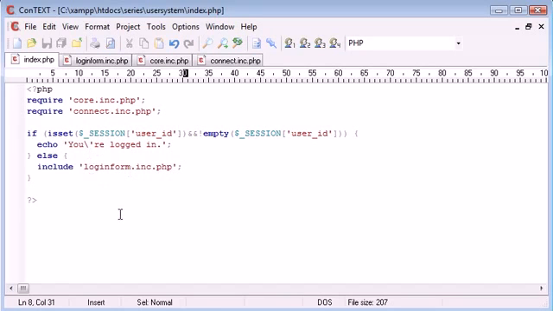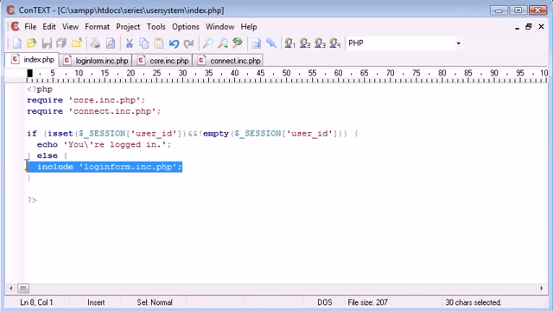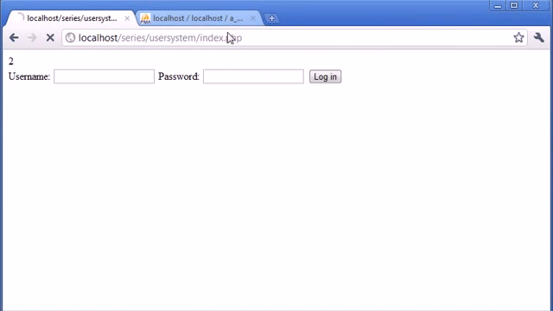So let's just go through before I test this whole login process, because we've pretty much logged a user in now. So let me just go through this with you guys. We'll start from this bit here. We grab the user ID from the result of where we've already echoed this out, so you know what it does. We've got 1 for Alex and 2 for Billy. We set the session here, so this session will now equal 1 if I log in as Alex. Then we relocate to index.php. So we're already on index.php because we've included this. We can even refresh now just to show you